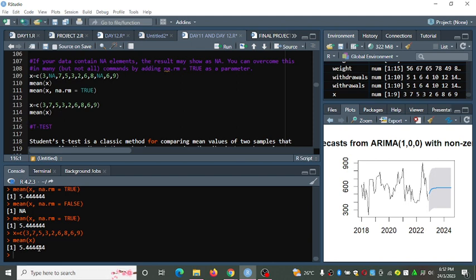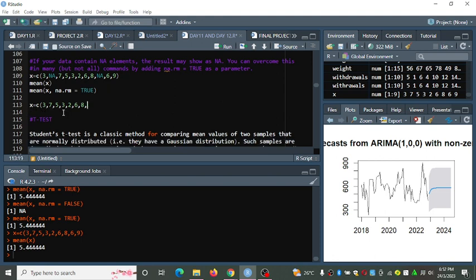So now we are getting the same answer. na.rm directs the compiler not to include the not applicable point. From there we can do a t-test.